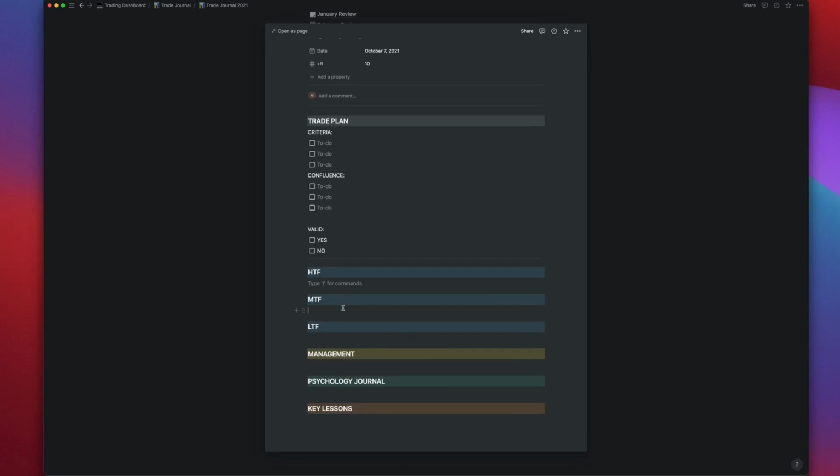And then you've got your higher time frame, medium time frame, and lower time frame screenshots there that you can put in, and of course, type up your text version of your notes as well, writing up your full trade review here. Obviously your management, then your psychology journal, as we just spoke about, and then your key lessons from that trade, right? What could you have done better? Did you make any mistakes? Potentially any observations that you're making on this trade that you might need to keep an eye out on